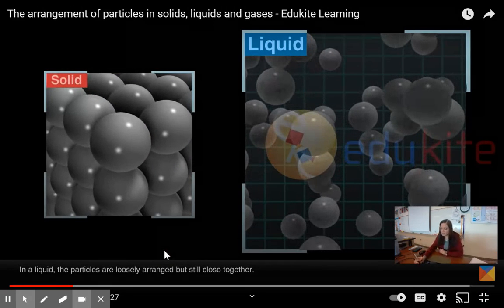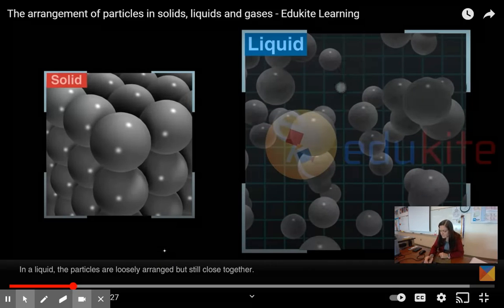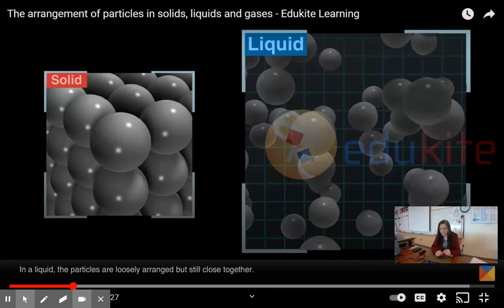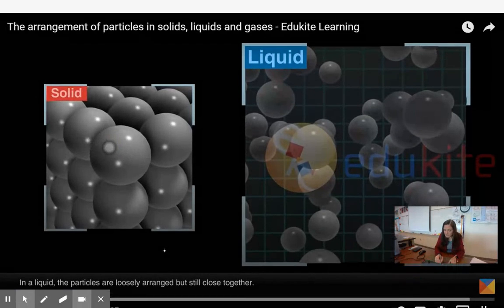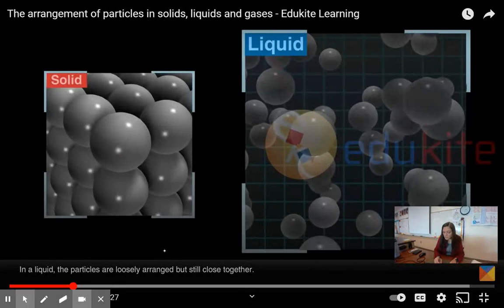Okay, I want to stop there. If you look at this graphic of this liquid, we have a lot of open space in here. And in reality, in a liquid, we don't have that much open space. The liquids are not arranged in this perfect crystalline structure like we see in the solid. The molecules can move back and forth across each other, but there is not all this space.